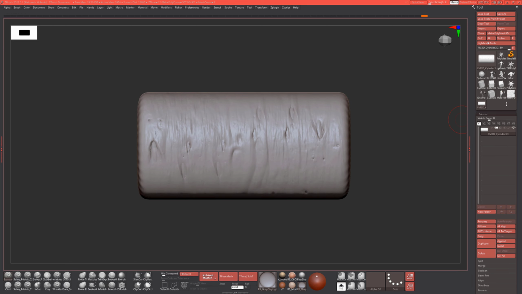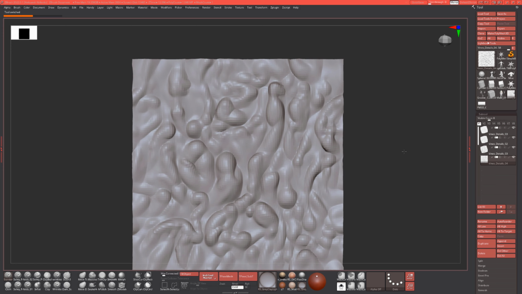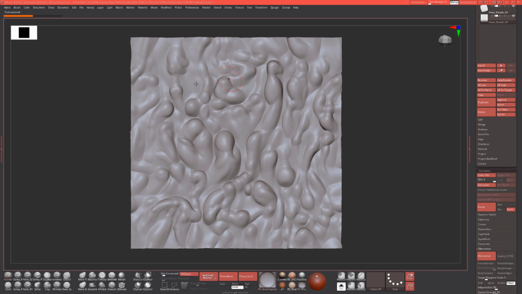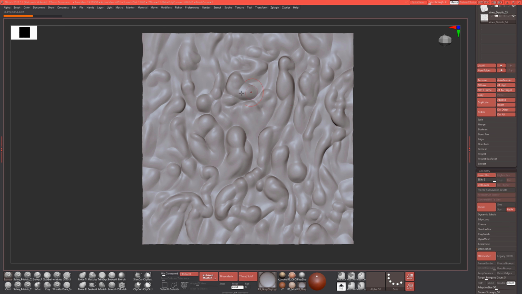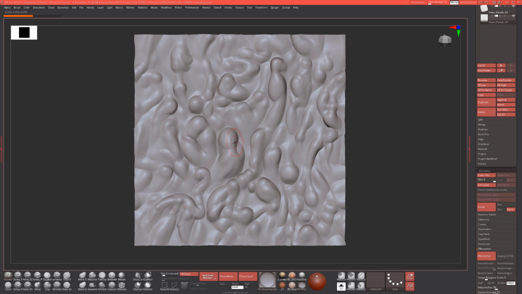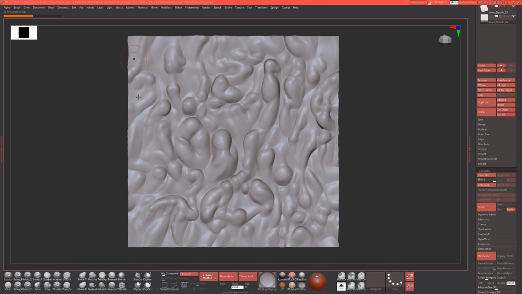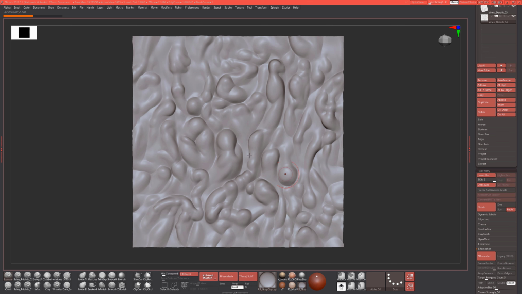An example would be perhaps this. This is something that I needed to do for a project, and the thing here was that before all of this detail, there was just noise, just chaos, and because of that, I didn't really know how to approach this. I didn't know how to make organic shapes that would be turned into a tileable alpha that can be spread out onto assets. So what I did here, instead of using an alpha, I used something that I'm familiar with,